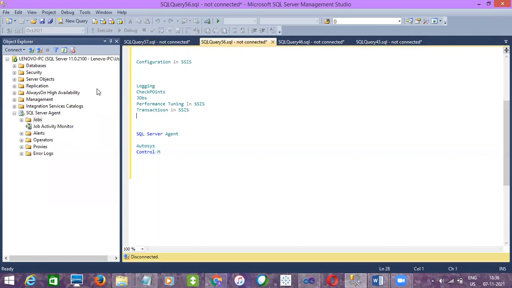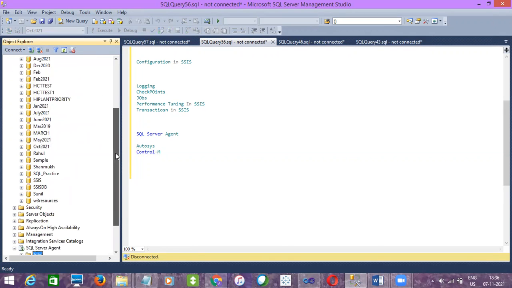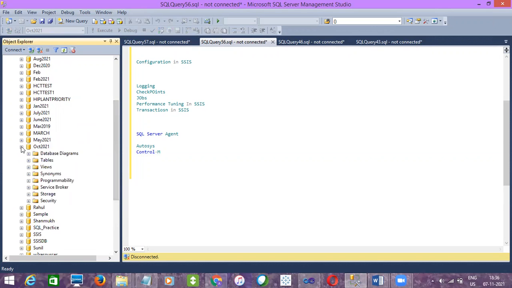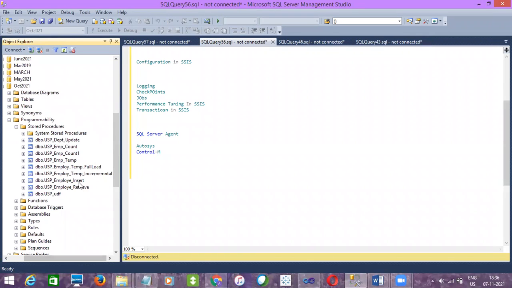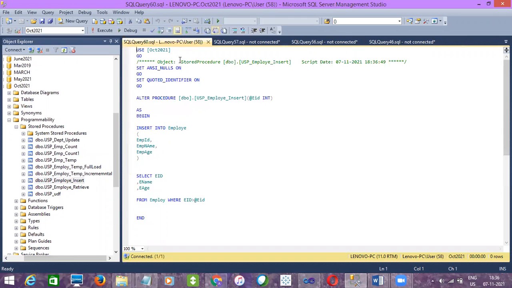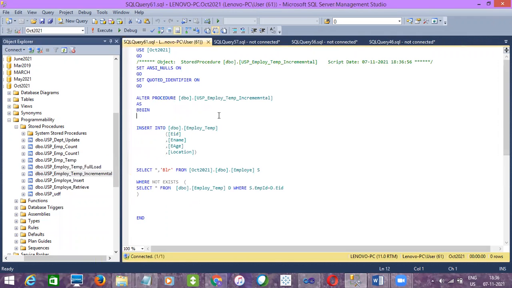Before that, what we are going to call in the job is a stored procedure. So before that, I will identify which stored procedure we want to use. Maybe I'll just use this one, the incremental load stored procedure. This stored procedure I'm going to call using a job.